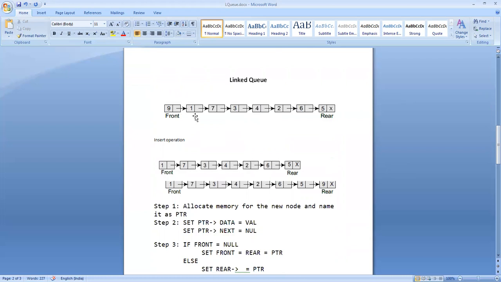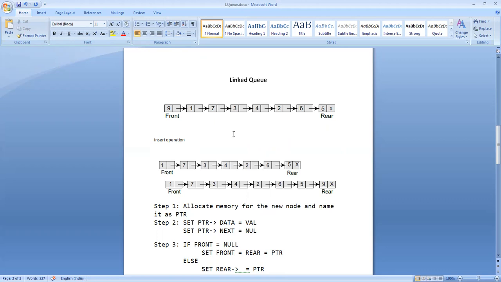The first element is pointing to the second element, the second to the third, the third to the fourth, like this. And the last element is here. The first element is pointed to by an external pointer front. The last element is pointed to by an external pointer rear. So there are two external pointers, front and rear, for this queue. This is the linked representation of a queue.